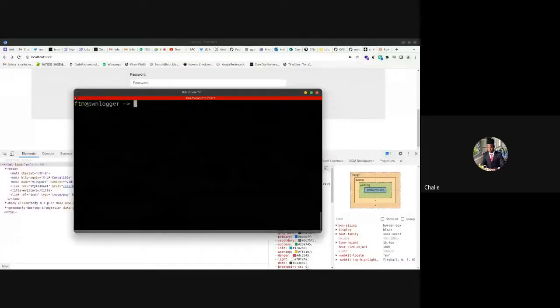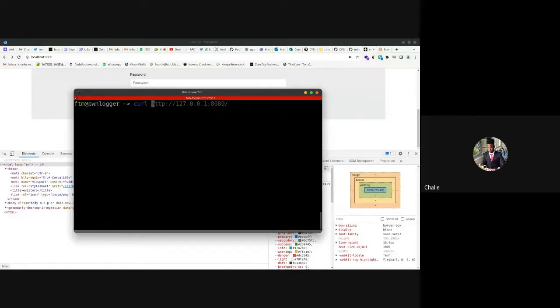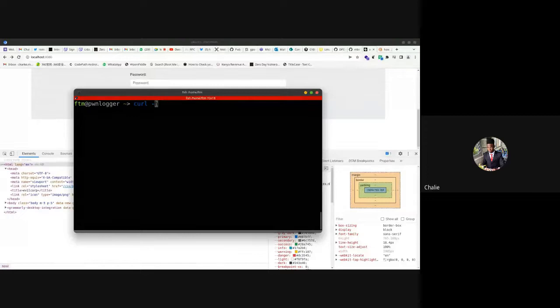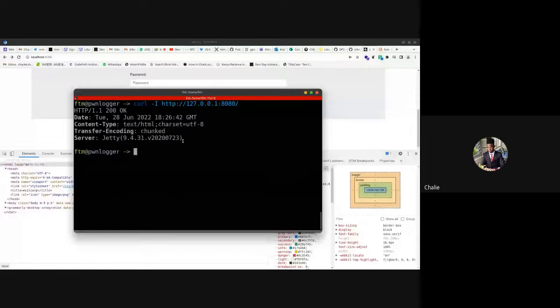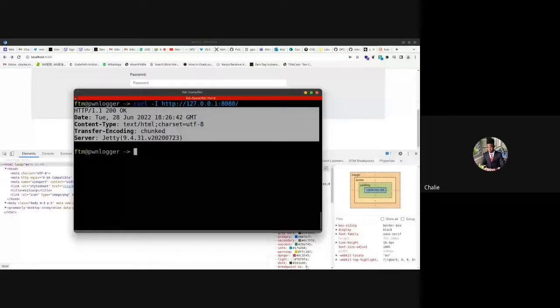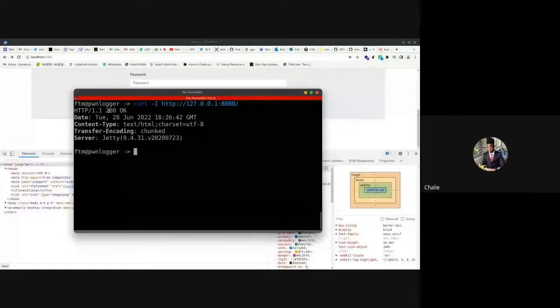All right, so I was talking about the headers. So curl has an option to just give you the headers alone. You can Google on how to do that, but I'm just going to do it. So you give it a capital I and then the URL. So that will just give you the headers, all right? So you can see HTTP, okay. I won't explain what that means, but it means the request was successful. And then it gives the date and the content type,